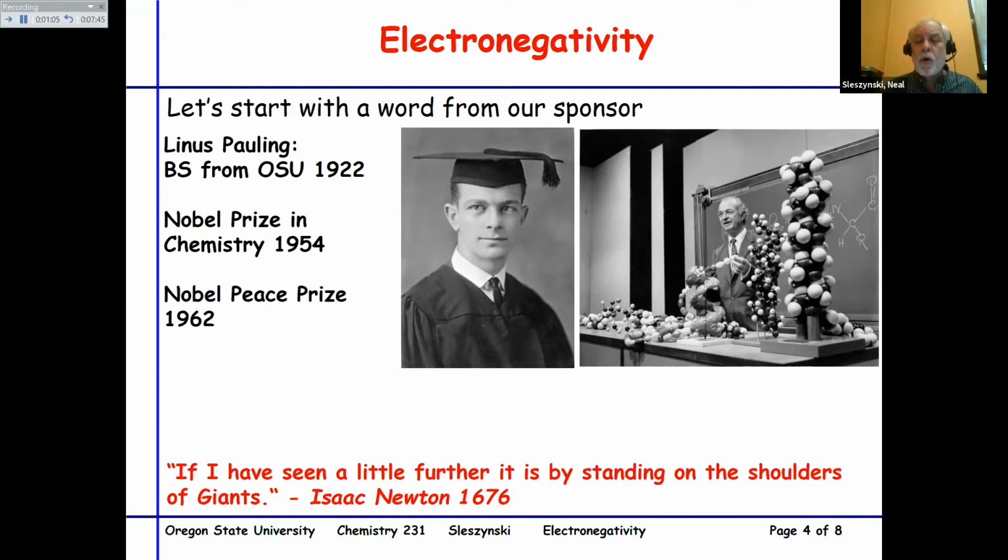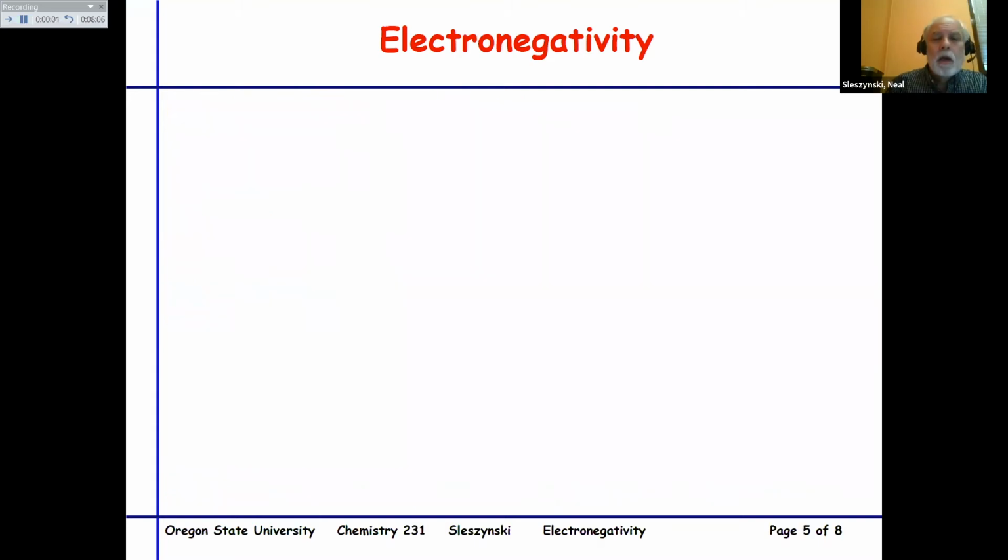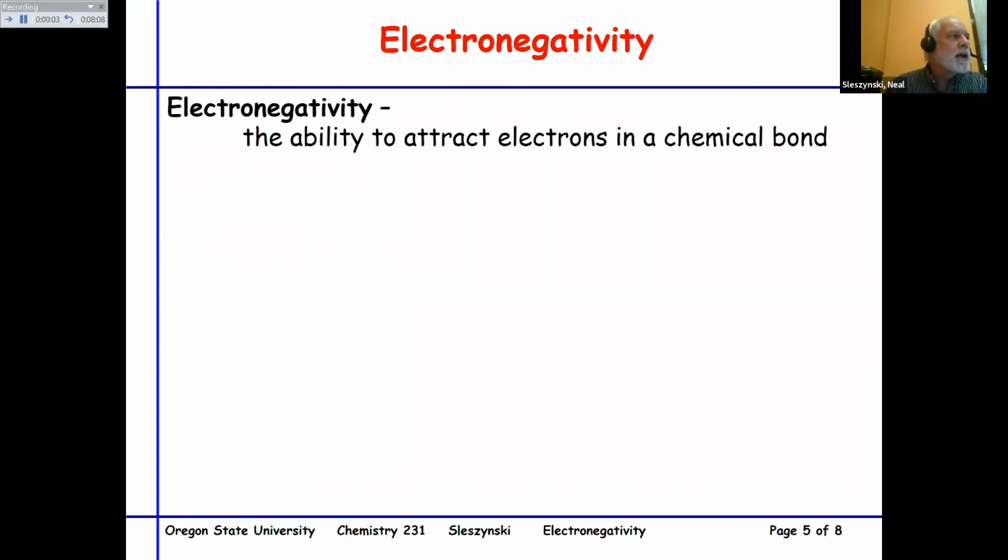A very famous quote that I always like to talk about from Sir Isaac Newton: if I have seen a little farther, it is by standing on the shoulders of giants. In using the concept of electronegativity, we are standing on the shoulders of Linus Pauling, certainly a giant in the history of chemistry. So if we talk about electronegativity, which is the ability to attract electrons in a chemical bond,